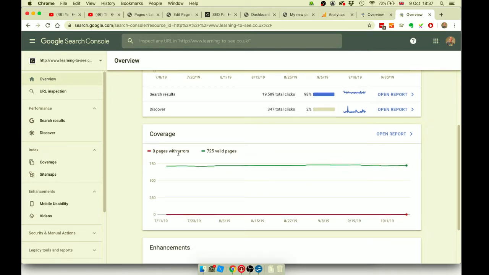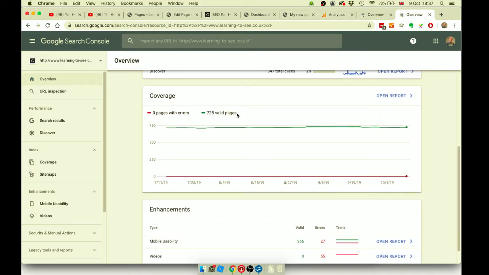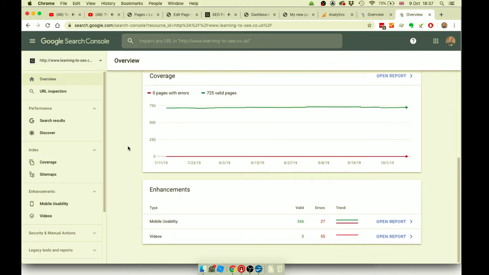It also shows you if there are any errors on your pages, which is useful to know, although you need to know some tech stuff to be able to check if it's all right. Thankfully, none of mine have got any errors at the moment. It looks like there are a couple of things it thinks I could do with my mobile usability. And on my videos, I need to sort this out because none of my videos are tagged properly because I use a plugin to bring them in. So that's something I'm going to have to look at at some point. But the bit that we're really interested in